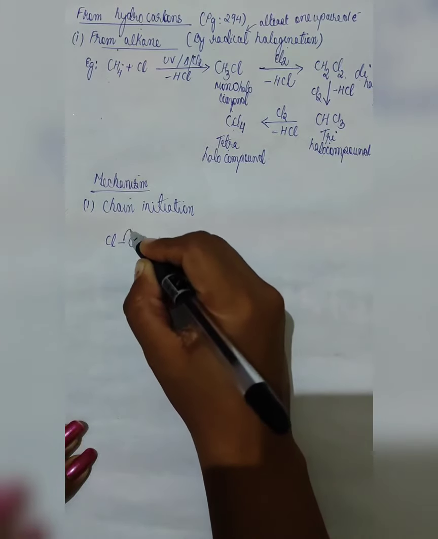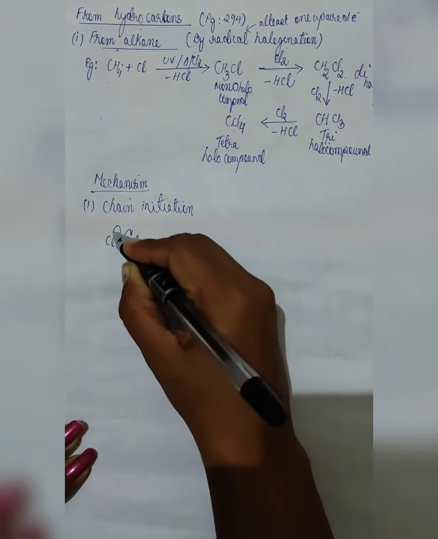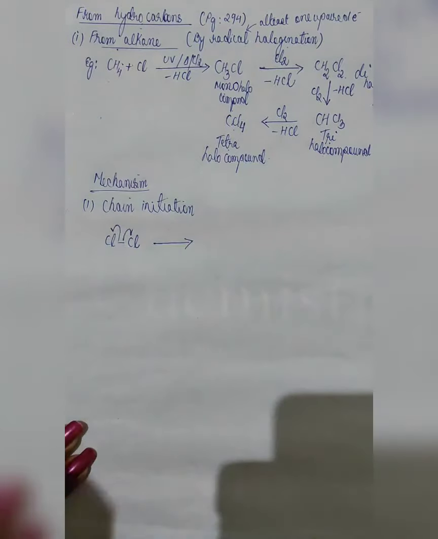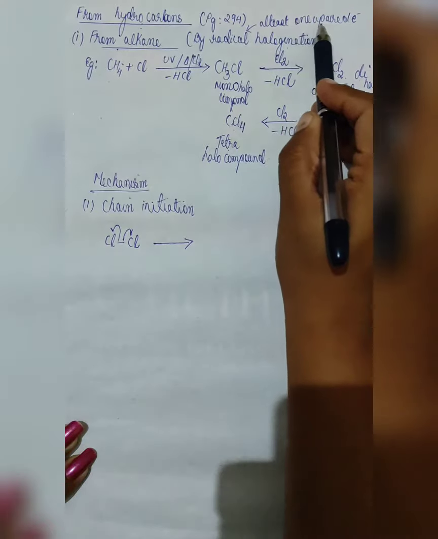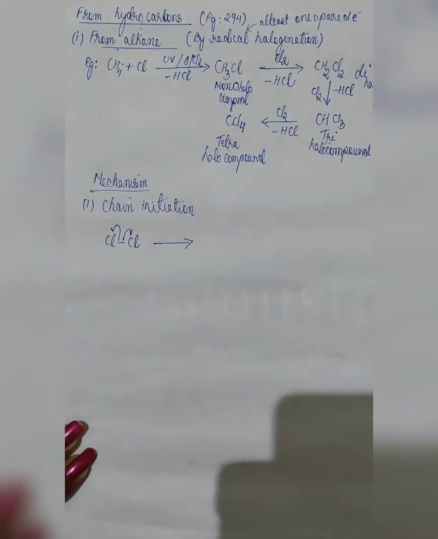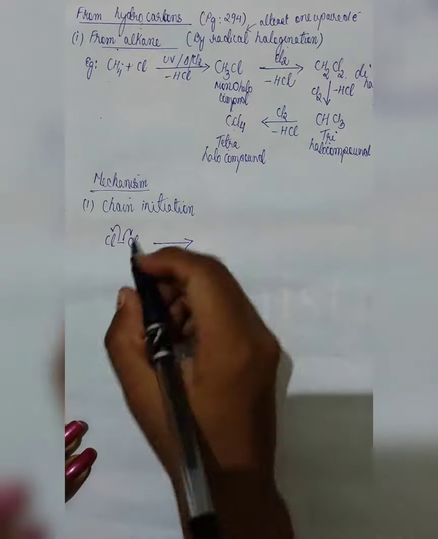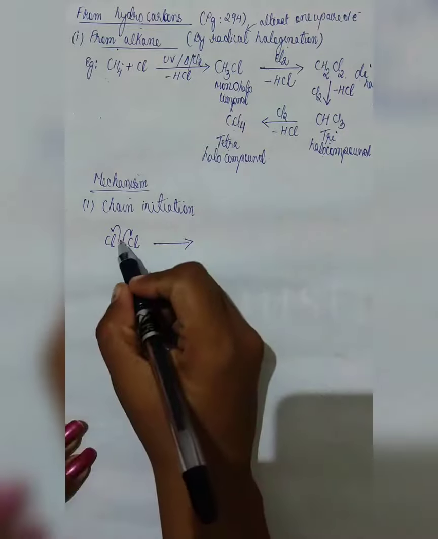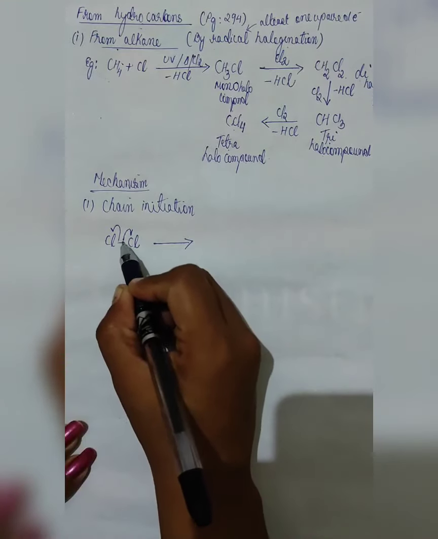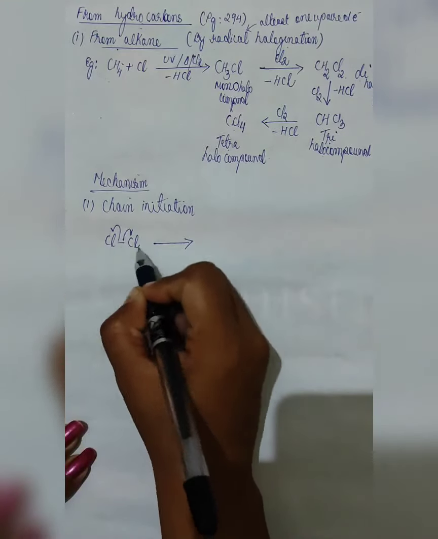Now each one electron will go to each of the chlorine. Here, radical itself tells that at least one unpaired electron will be present on the atom. So here, in order for these two atoms to have a single unpaired electron, from this bond, at least one electron needs to be given to each of this chlorine.